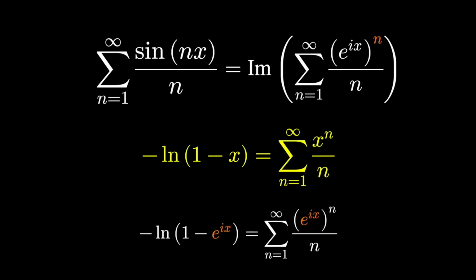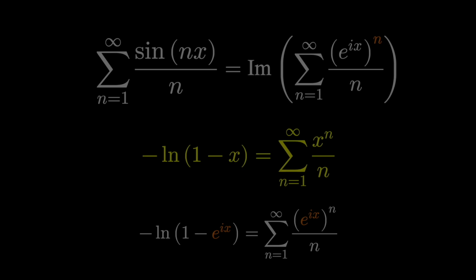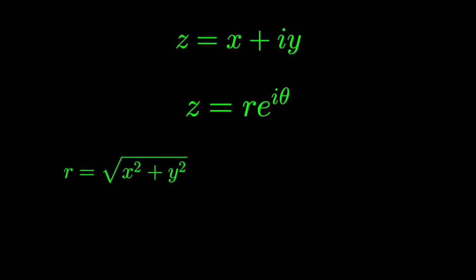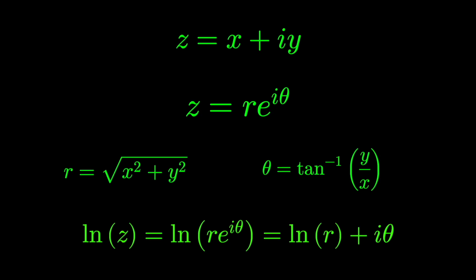So the imaginary part of this series is negative the natural log of 1 minus e to the ix. Now our job comes down to evaluating a complex logarithm, and if you watched my video on how to do so, you'll be well prepared. We know any complex number can be represented in its polar form, r e to the i theta, where r is the square root of x squared plus y squared, and theta is the inverse tangent of y over x. That gives us that the natural logarithm of any complex number is the natural logarithm of r plus i times